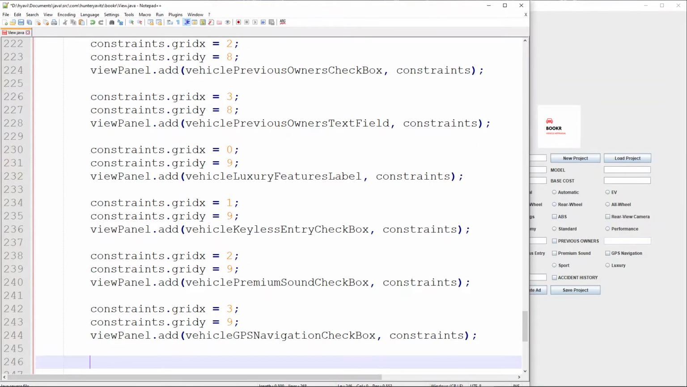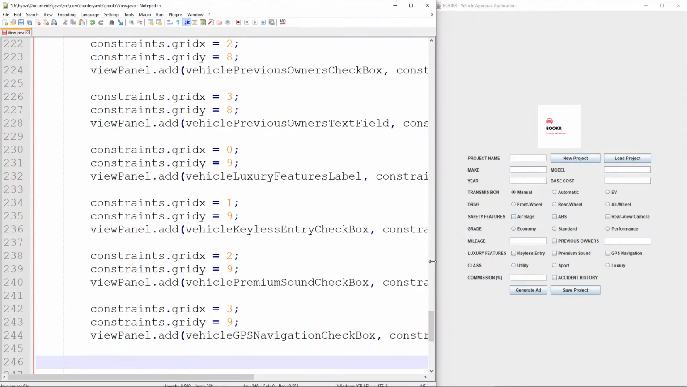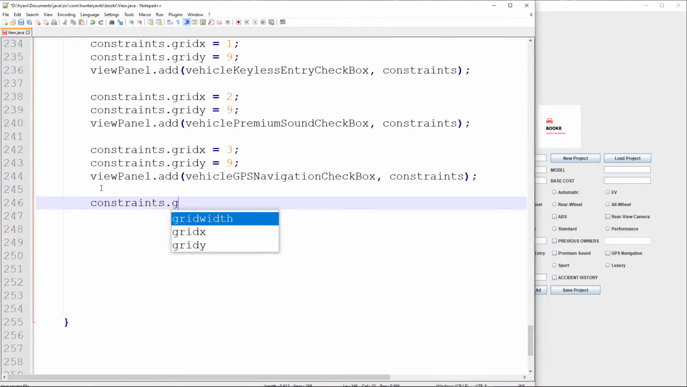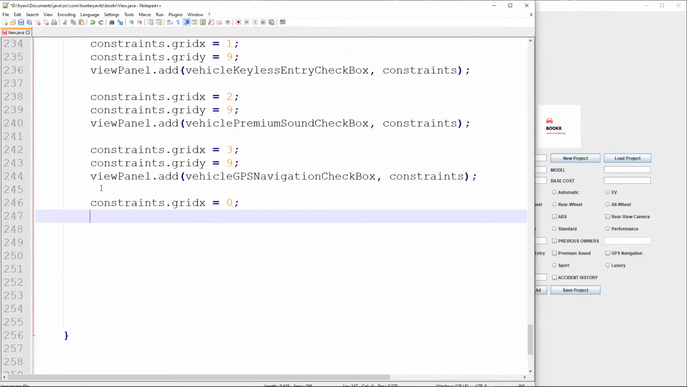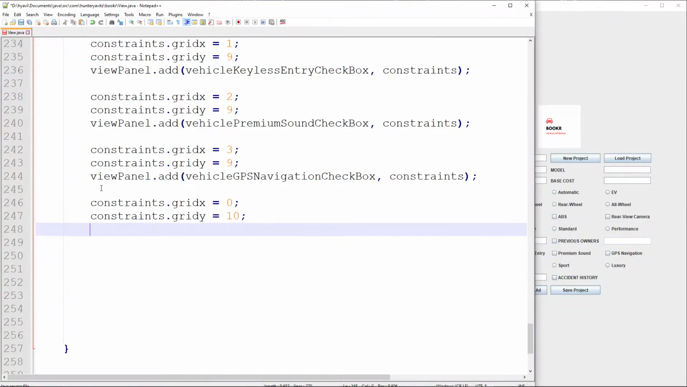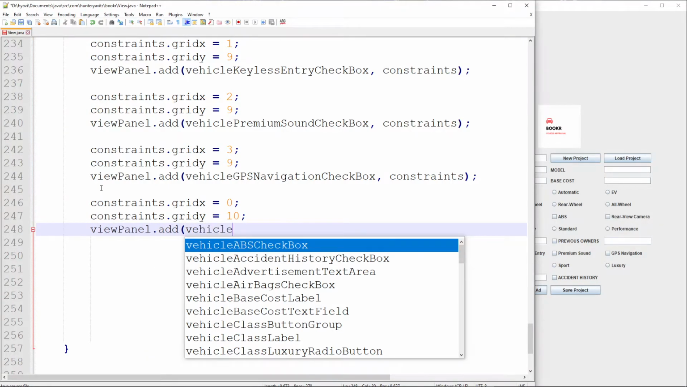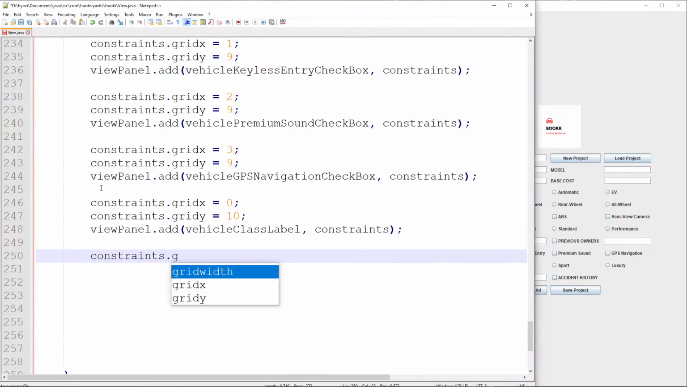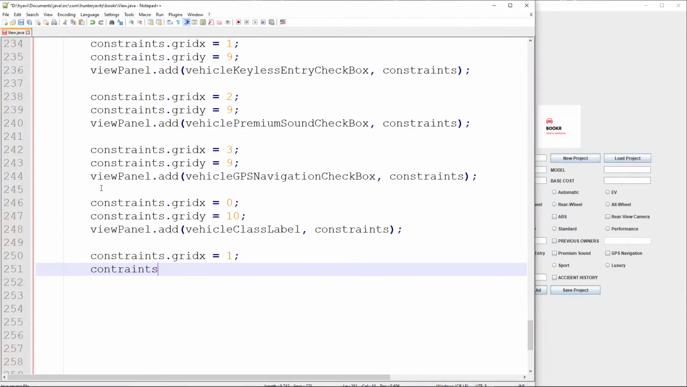All right, so we can move down to the next row, and that's going to be the, let's see, the class. All right. So just as before, constraints, grid X starts back off at 0. Constraints, grid Y gets incremented to 10. The view panel, we're going to add our vehicle class label, passing through those constraints. Then we increment X. We're going to keep Y